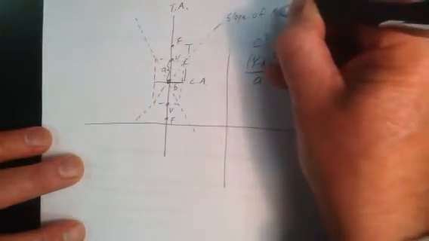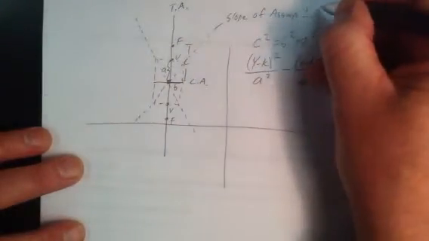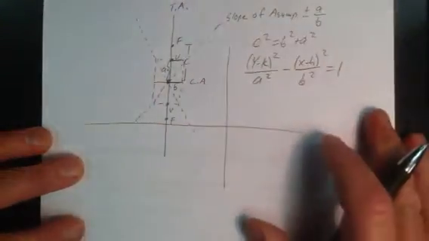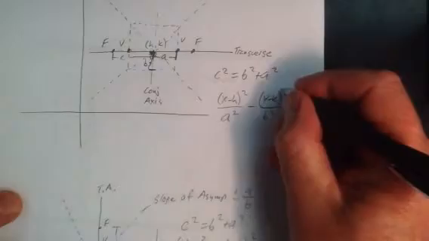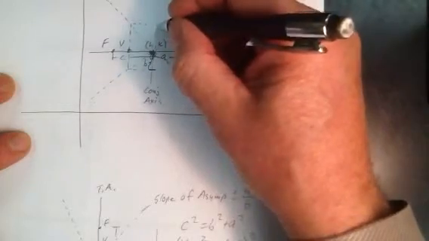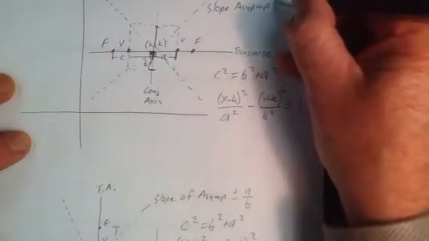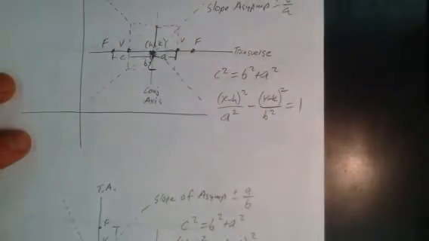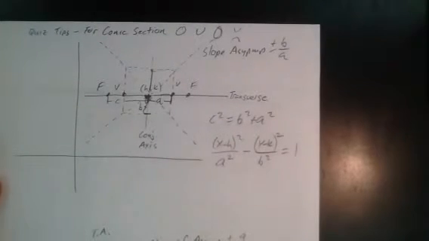Slope of my asymptote. In this case, my rise is A. My run is B. Forgot my squared here. Here, my slope of my asymptote is my rise, this dimension, is B. My run is A. I need to be able to do this exact same thing for a parabola and an